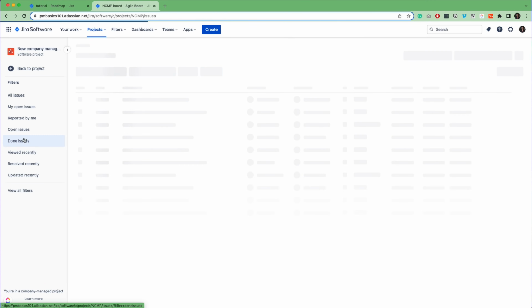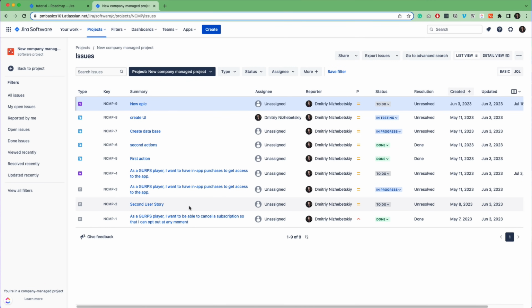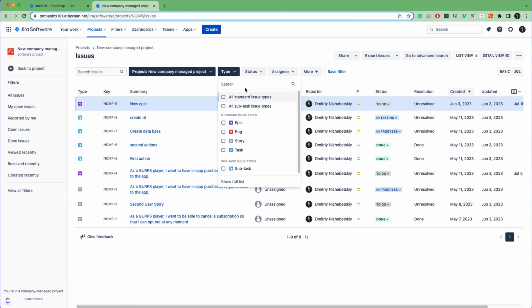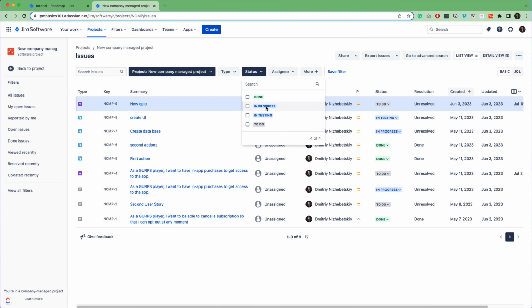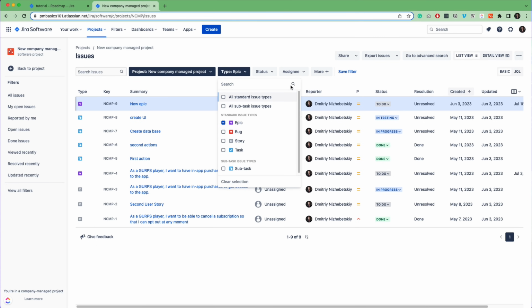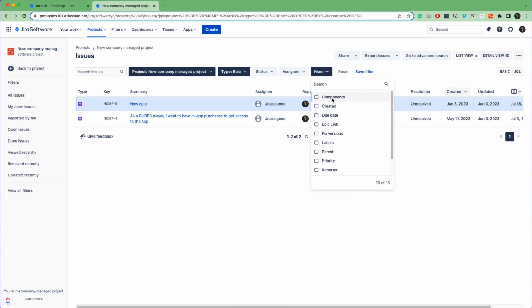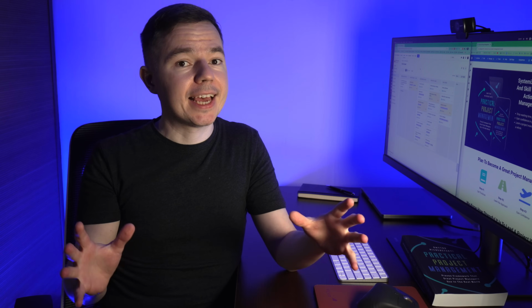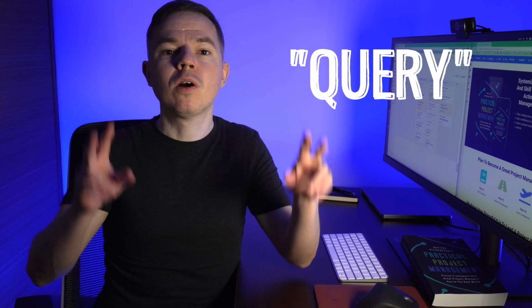Next we have the issues section, which provides access to all projects' issues, even hidden ones, and that's important. Here you have many tools to find, group and filter required issues based on all their fields. So, for example, you may need a list of all epics with priority higher than normal. Then you need to select an issue type and find the corresponding filter for priority. And just like that, I have created a simple query.